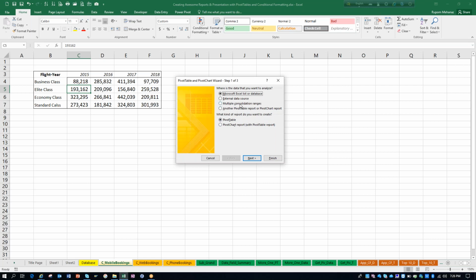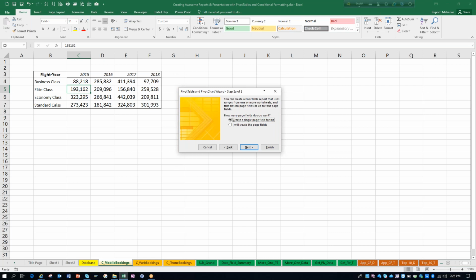So I have multiple consolidation ranges available, and what kind of report do you want to create? I want to create a pivot table, so I will mark this, and I will move to next, and